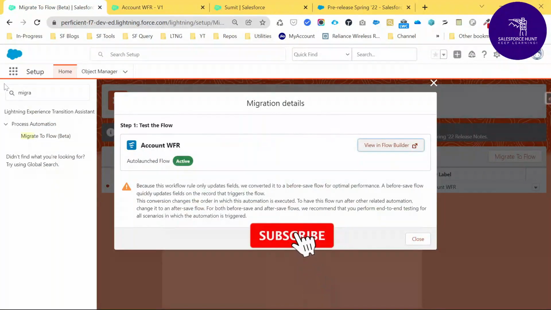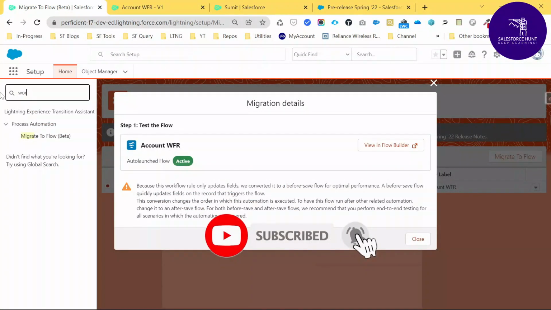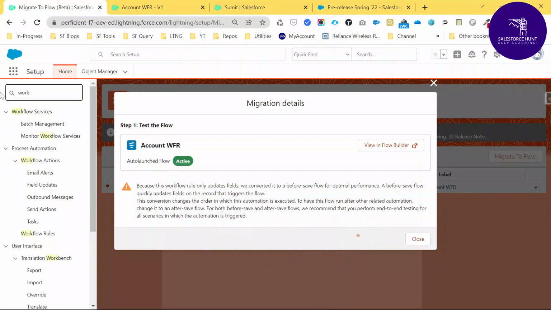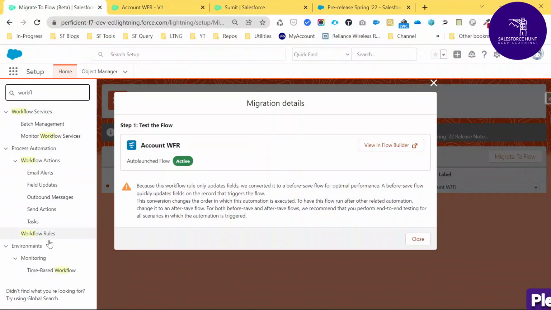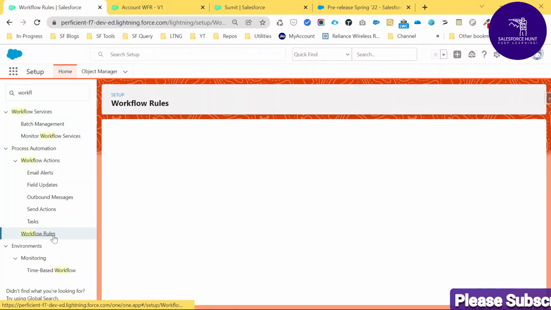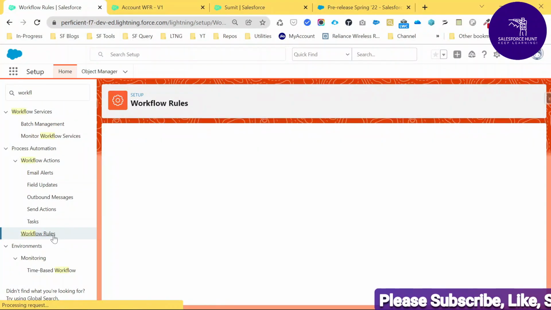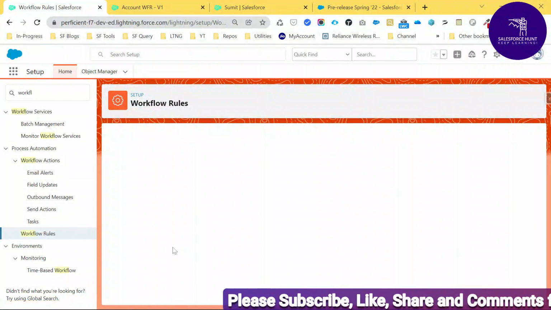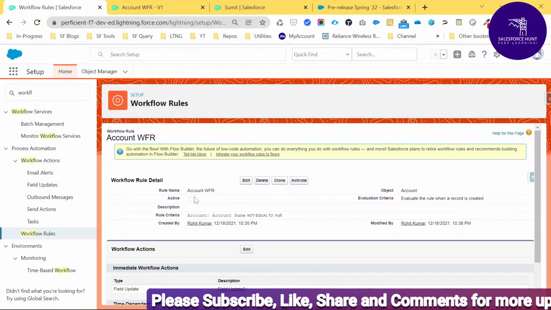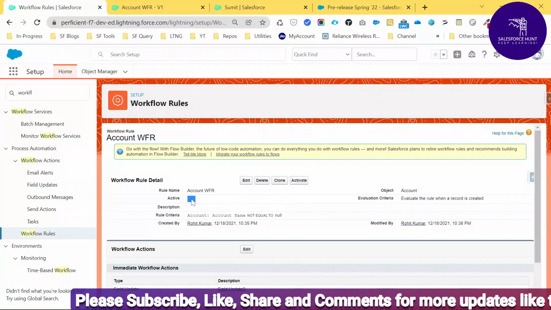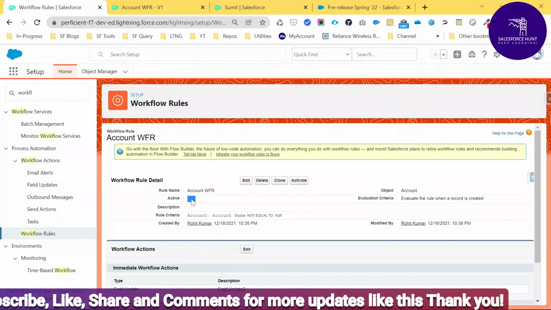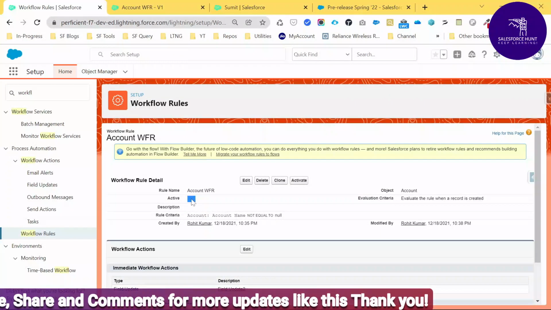First of all, let me show you whether the workflow rule is deactivated automatically or not. Okay, so search for Workflow Rules and click this one, and it's automatically deactivated. You can also click this workflow rule here and it's deactivated right now, because our flow is created from the workflow. That's why it's deactivated here, right?